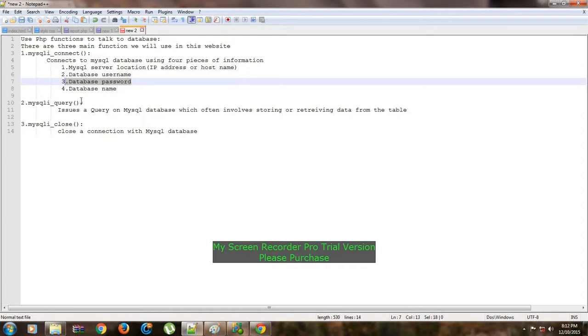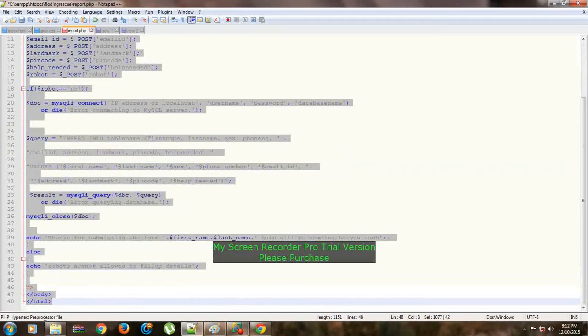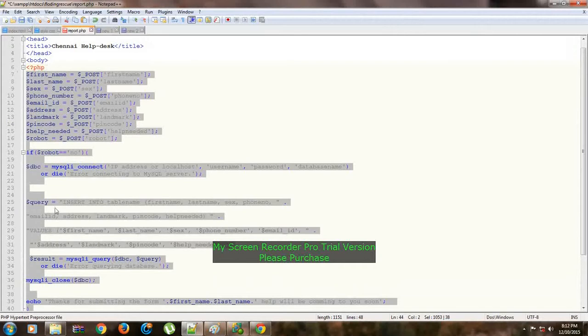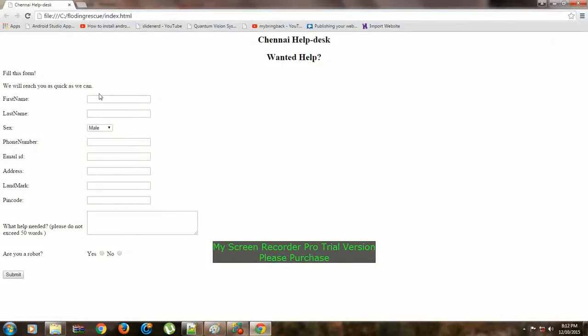And before seeing these other functions, we will see how our PHP code looks. Right. So this is our PHP code. All the code which I marked here is our PHP code. Why? Because it's between these PHP tags, and these are all the PHP variables. Okay, so we have almost 10 variables, and the reason we need 10 variables is that we had 10 fields. So remember our HTML coding, we have almost 10 things. So we need to catch hold of every piece of data a user has entered.